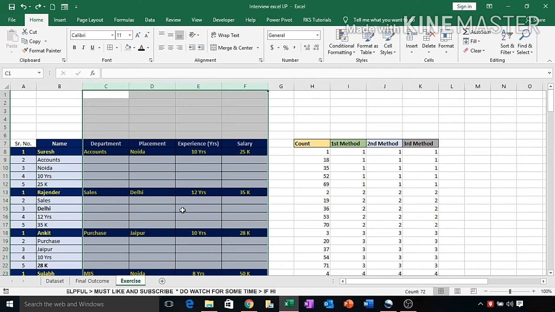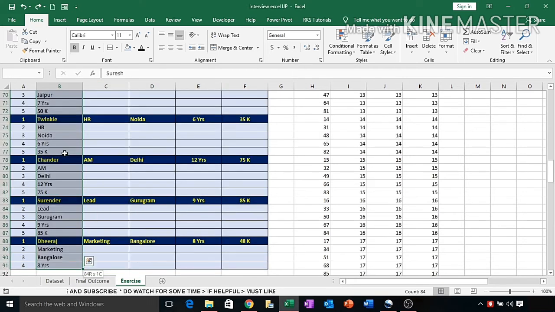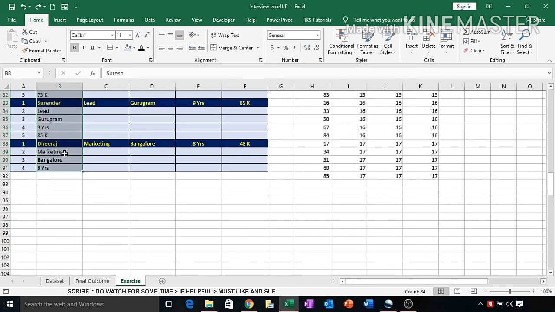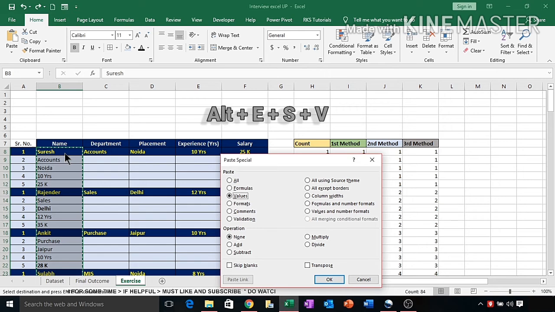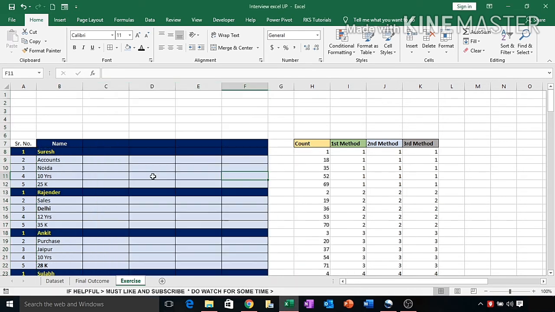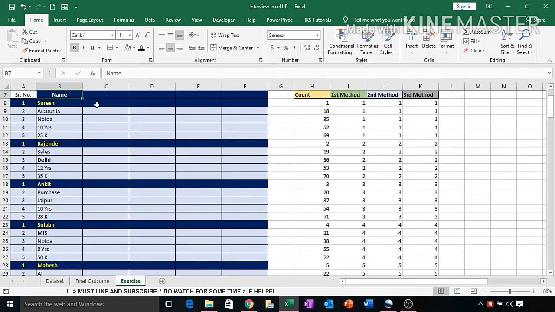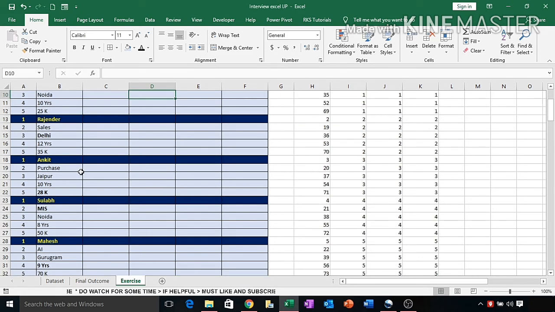Sorry, Ctrl Z. This time because the formula is here, first of all you select all this information. Ctrl C, Alt E, SV, that is paste as a value. Now you can remove the information. So here you are, formatting of it. Select it and apply the format here. So this is the way you can convert the data in columns into rows.